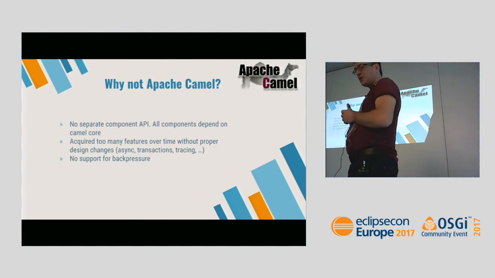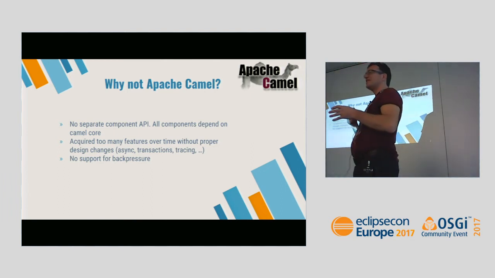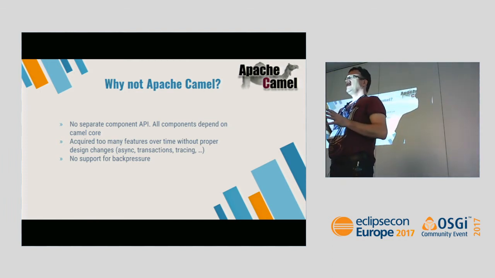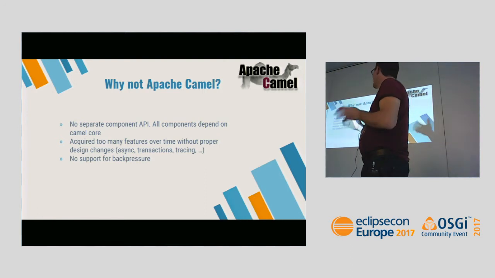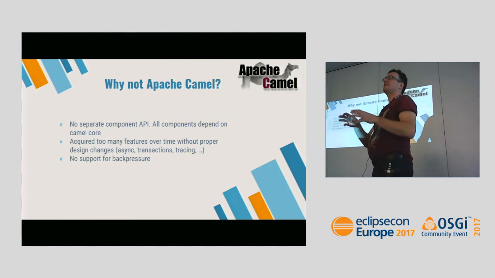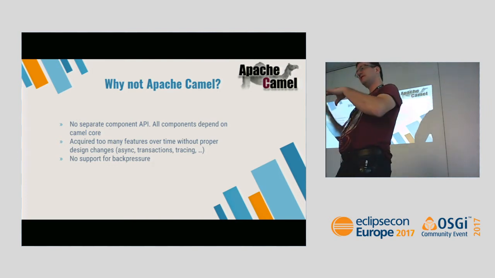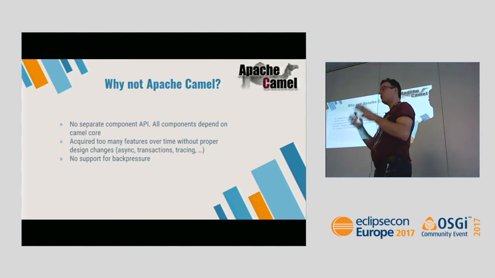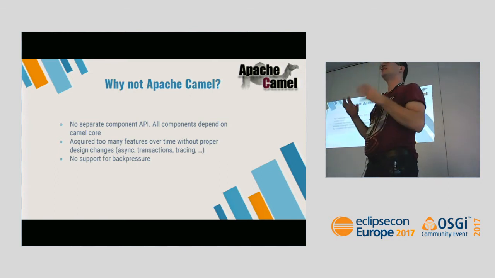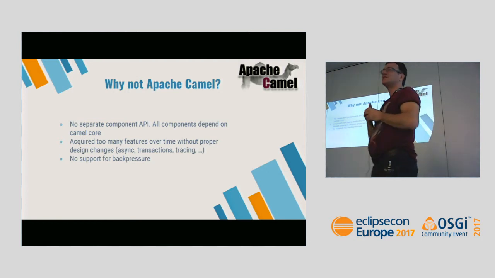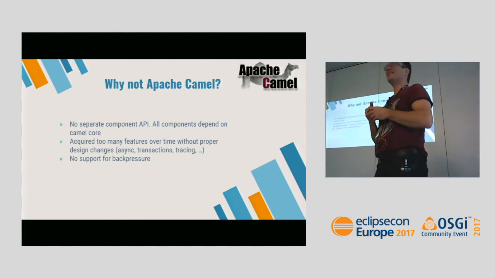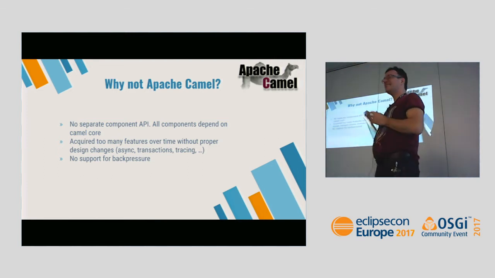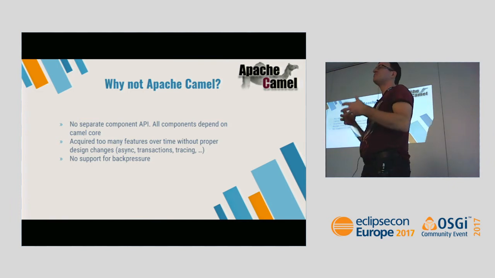But the big problem in Camel, and I'm also a committer there, so I know a bit about the internals, is that while it's really great for users, the internals are a bit old. In the start, it was a really great little idea and had a great concept and a small implementation, and over time it grew in functionality. Like Tim described in the keynote today, when you start a project you get more and more things that you should implement, it has grown a bit too fast and not modular enough.